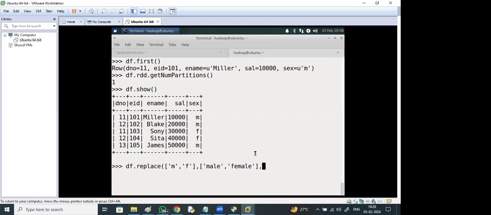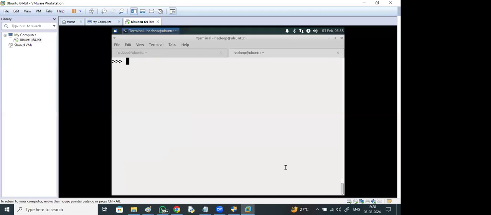Of which column? What is the column name? Sex column. So here we are replacing M and F with these values in the column. Do one thing: data frame dot replace M comma F with male and female. Store it in a new data frame df2. df2.show.